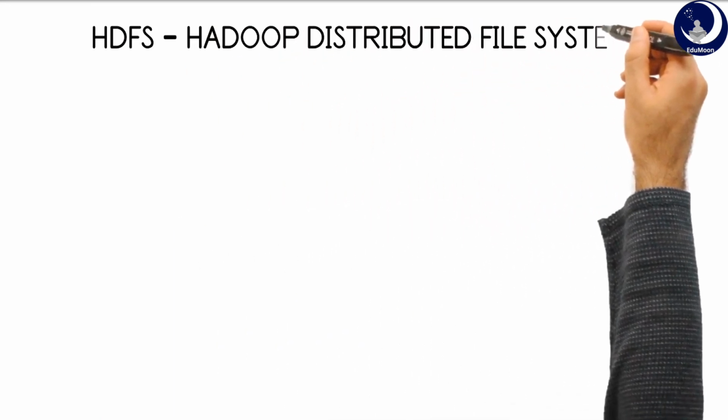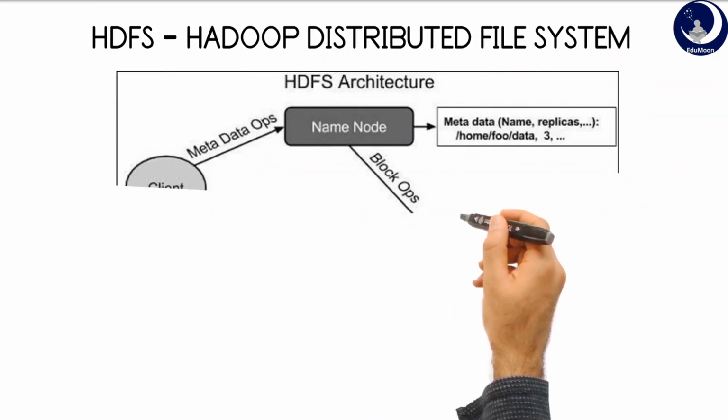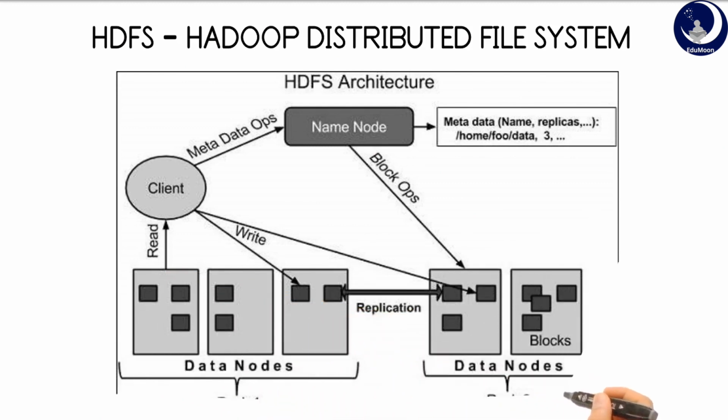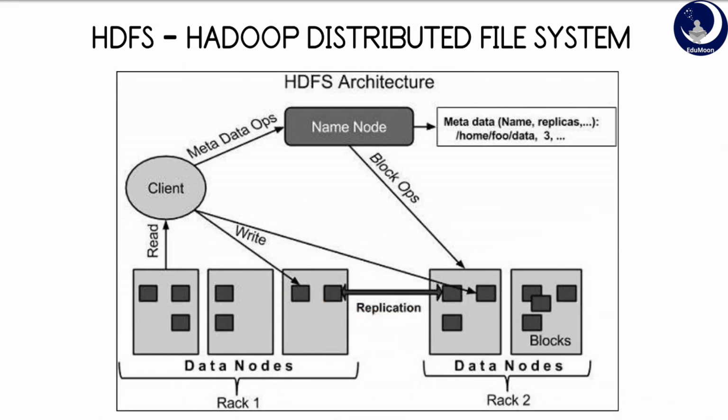Now, to overcome the disadvantages that we have discussed in a distributed file system to some extent, we study the Hadoop distributed file system. HDFS was developed using distributed file systems design. It is run on commodity hardware. Unlike other distributed systems, HDFS is highly fault tolerant and designed using low cost hardware. It holds a very large amount of data and provides easier access to the users.